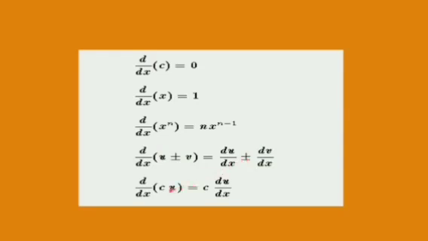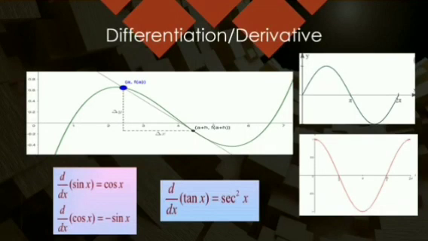If I have a constant multiplied with a variable, then the constant has to be taken out as it is, and the derivative of the variable you can find simply by using this formula for x power n. So you should know this one formula, that for a constant it is 0, and that a constant in multiplication is taken out, and then the derivative is taken by the same method. This is about the first derivative.